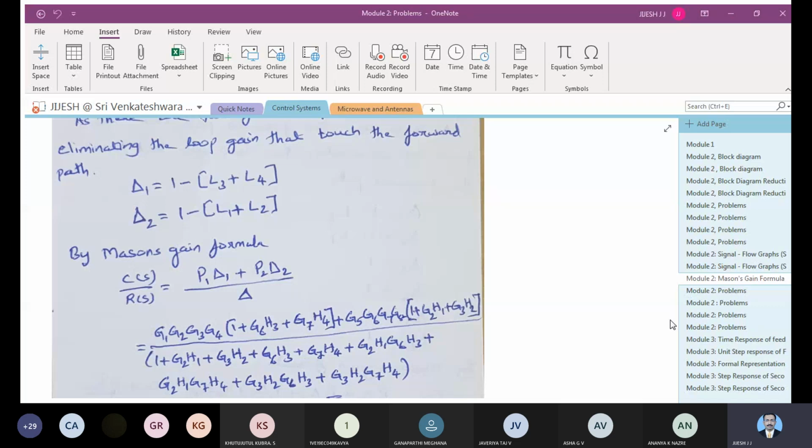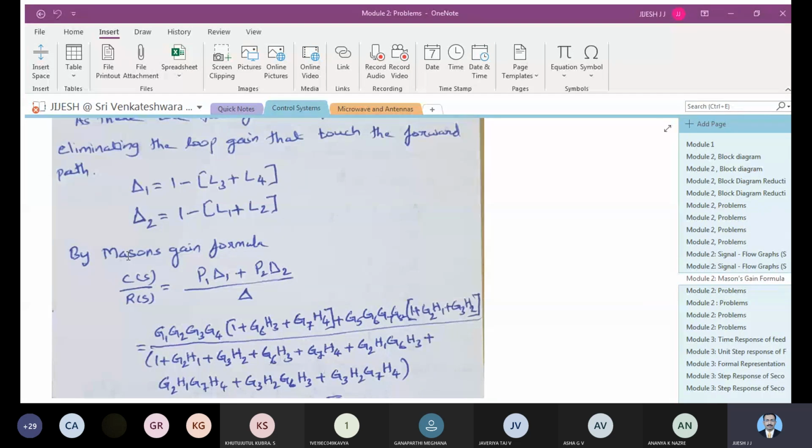So the first thing I want to make clear is, once you start from the node, you should be very keen in observing the branches and the direction of the branches. You should be very careful. As I have told you, you imagine that the branch direction is one way. You are not supposed to move in the opposite direction of that branch. You go in the same flow as the branch.